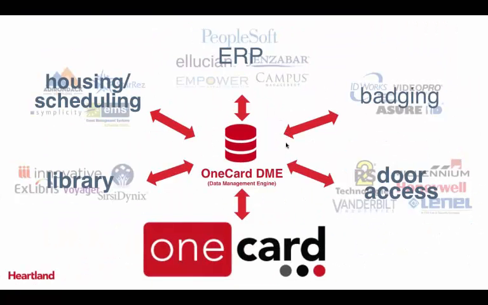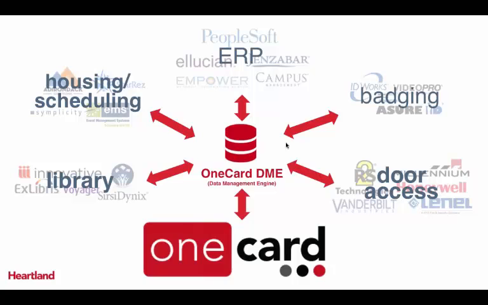So let's look at the OneCard DME, that data management engine, and see really what it is and what it does. The OneCard DME is pretty much a middleware that sits between the OneCard transaction database and your other connected systems, creating a bi-directional integration to each system. An encrypted database is set up to take data from various systems and exchange them with OneCard and keep all